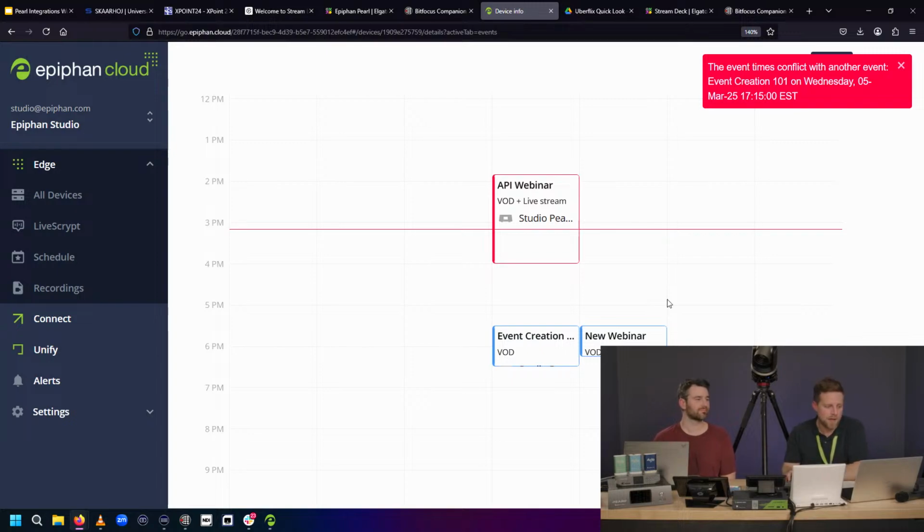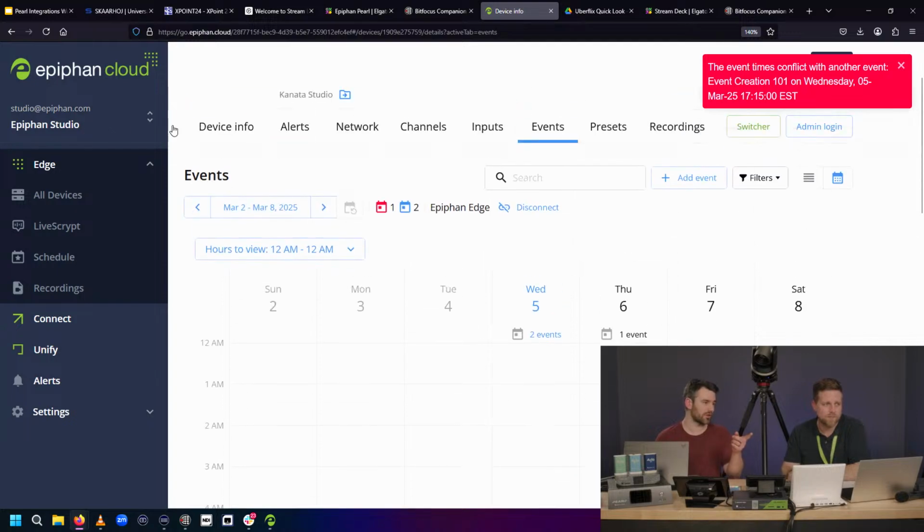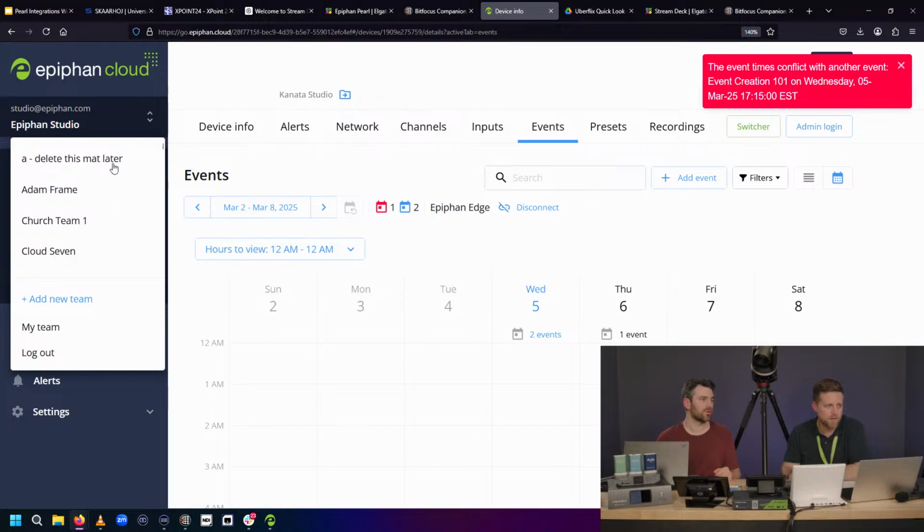For sure. Any other ways that people are using scheduling? Obviously through CMS, right? Yeah, well, you'll be able to see your CMS schedule here too. So if you were to go to schedule, actually. Okay. Actually, go to showcase. Okay, first, I'll go to our other cloud team here.